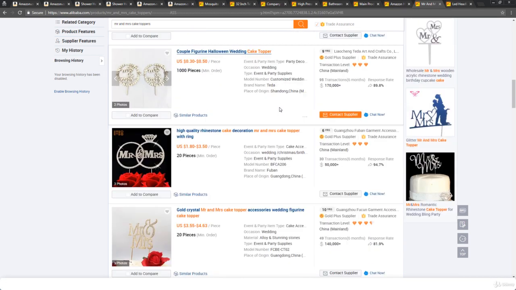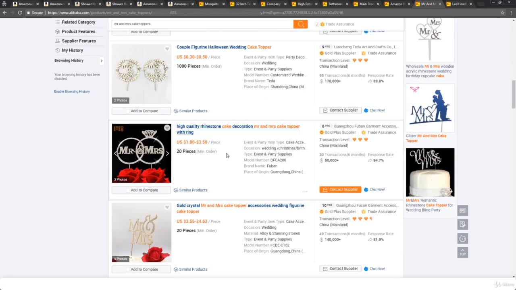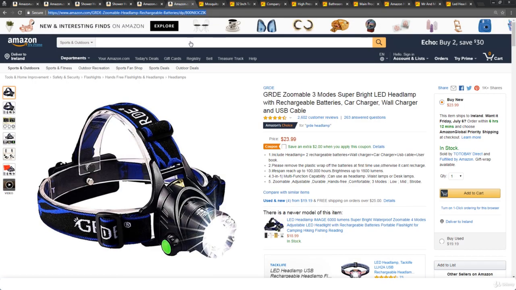So yes, because the shipping on these products would be low because of the weight and size of them, you could get away with selling below that $15.99 threshold because you are going to be paying less for shipping for a product like that. Now, the last thing I want to take a look at here, these are very, very